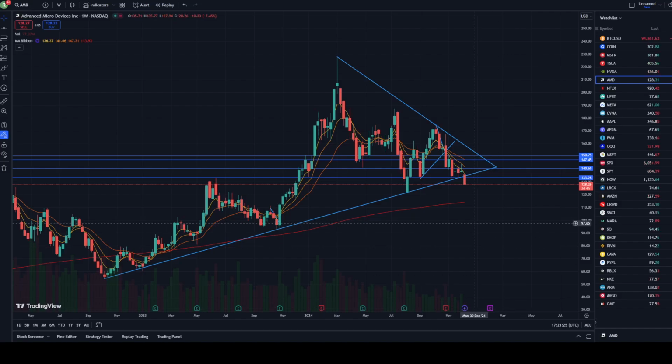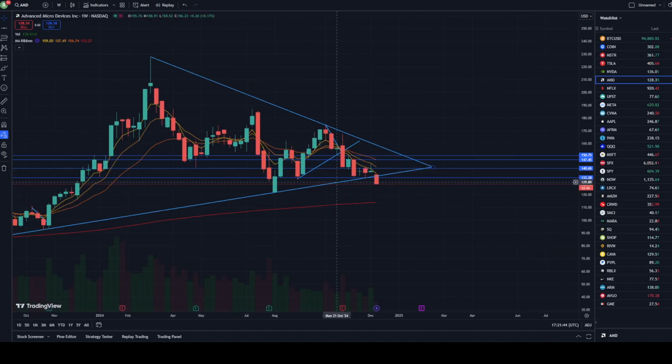Today we have AMD, and we're looking at the weekly chart because you can see, bigger time frames, bigger moves over multiple weeks and years on a stock. So here, as you can see, I've drawn this uptrend from October of 2022 all the way up until here, and then I've drawn this downtrend from March of 2024 all the way until here. You see, I had a little mini uptrend here that cracked to the downside, and we got a nice move